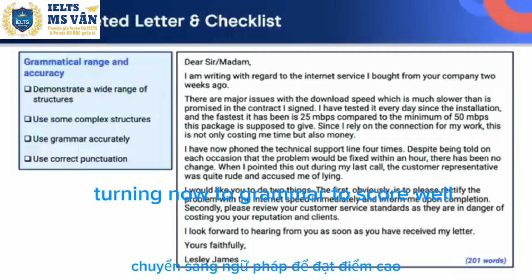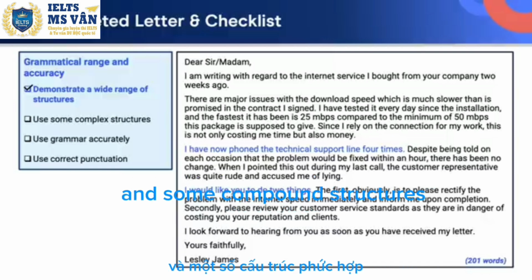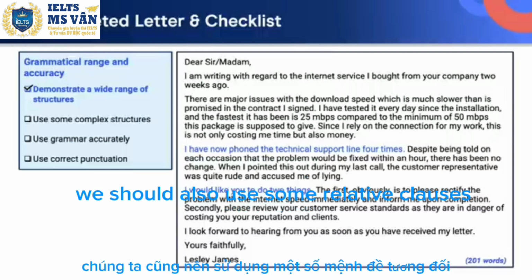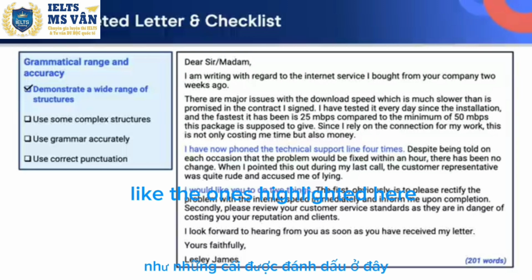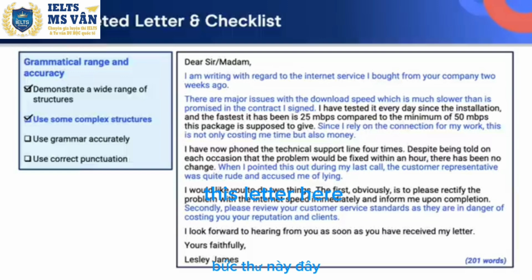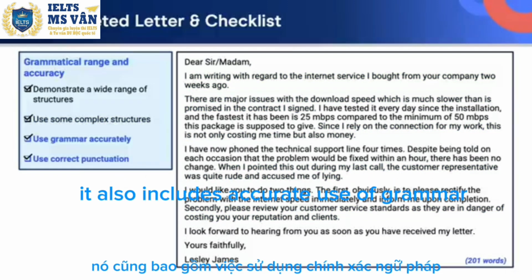Turning now to grammar. To score well, we need to have used both simple structures and some compound structures, more complex sentences that link 2 or 3 clauses together effectively. We should also use some relative clauses, like the ones highlighted here, and a variety of tenses as appropriate to the requirements of the task. This letter here has included a good number of complex structures. It also includes accurate